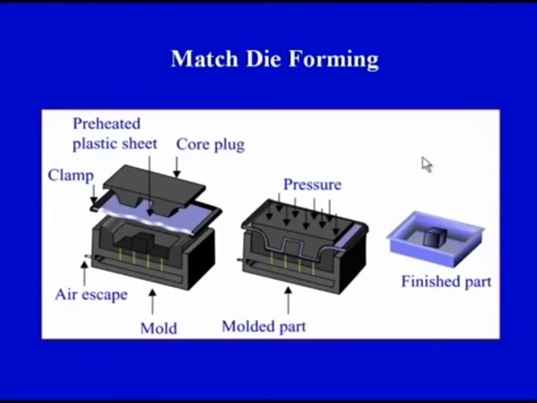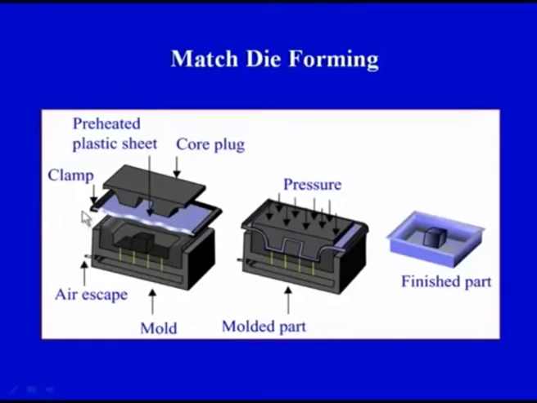So here again this is a similar type of representation. Here we can see, let me first show, this is the mold or the die. We have a mold or the die which will conform to the shape of the final product, and air between the sheet and the mold would be escaping through this port. We have a port from where the air is allowed to escape, and then there is a clamping arrangement to clamp this particular top part, that is the core plug and the mold half.